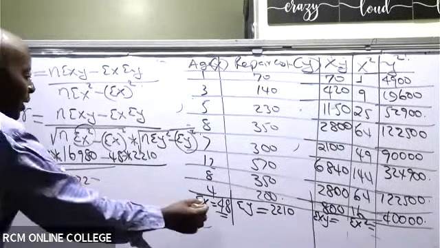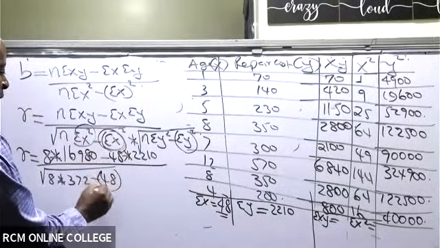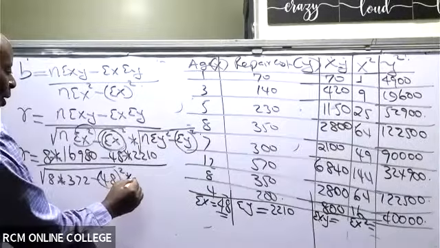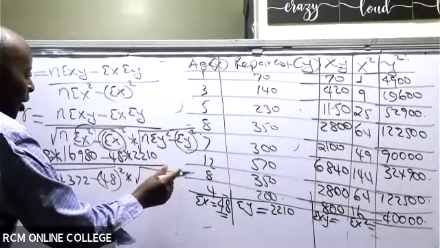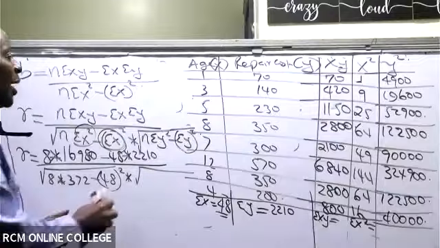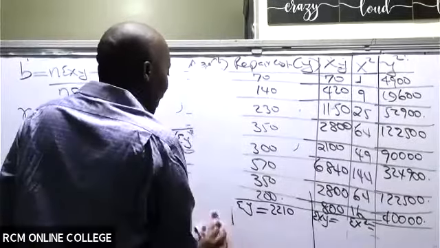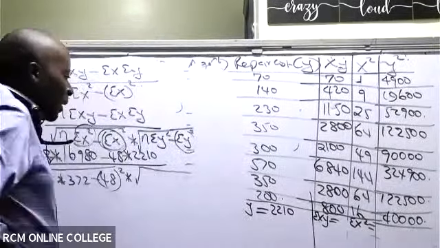Minus summation of x, which is 48, but now this has to be squared. Times, take another square root. So for this other square root,